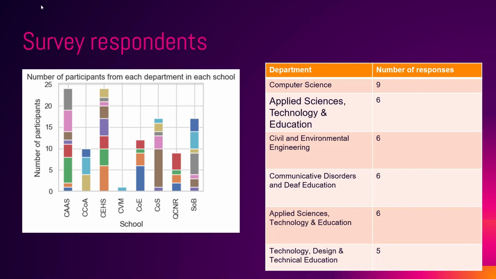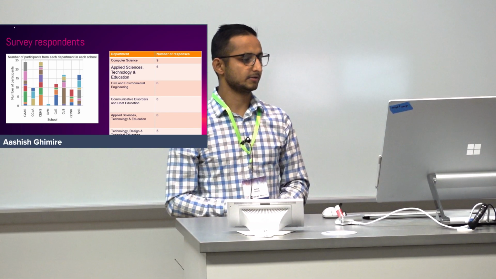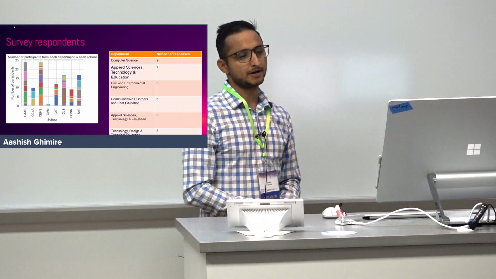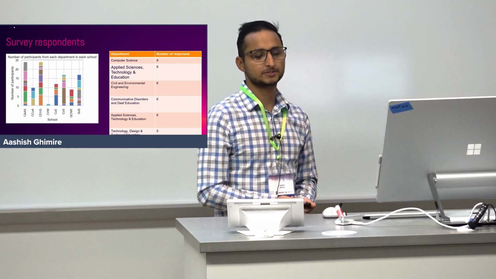Okay, so this is the profile of my survey respondents. On the left, you have the bar chart of the various schools, and because we are in USU, I took a liberty to put the acronym for our schools. So SOB means School of Business, or QCNR is School of Natural Resources. Except for the veterinary school, which is a smaller school anyway, we had really good representation. If we talk about the departments themselves, computer science had to be the largest department, and it was. But then we had good representation from other departments throughout the school as well.